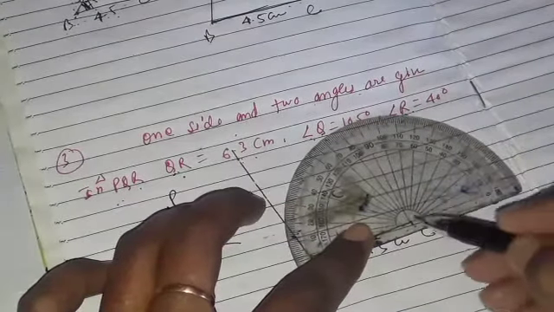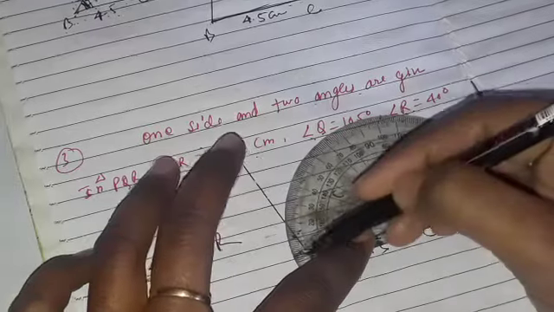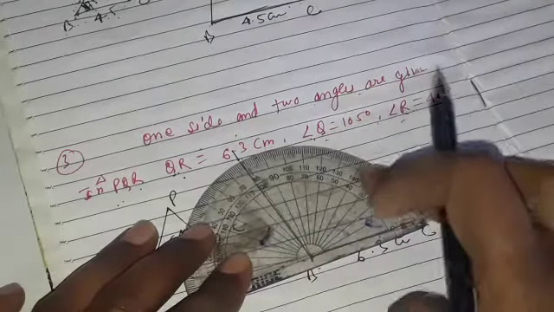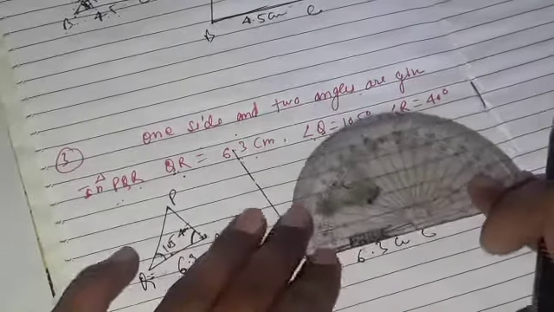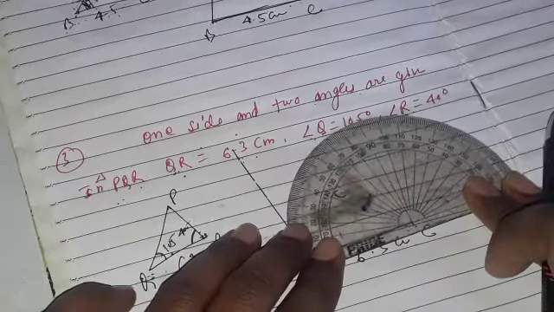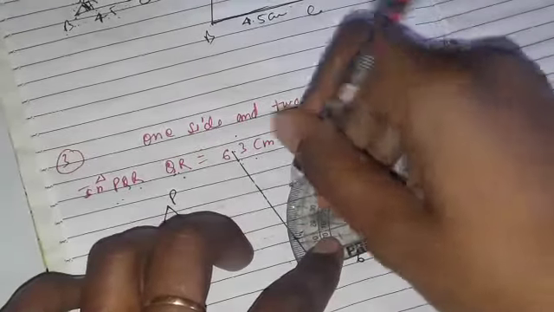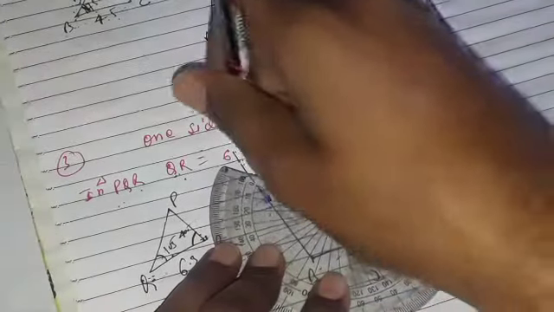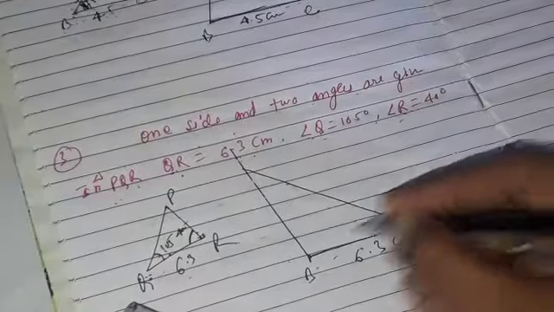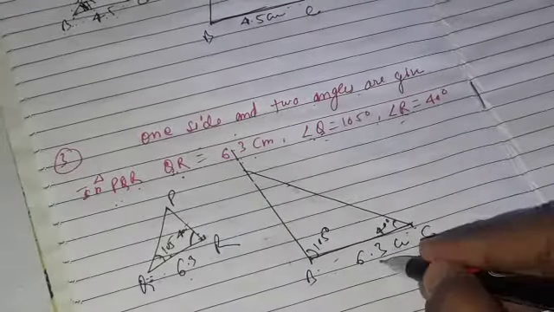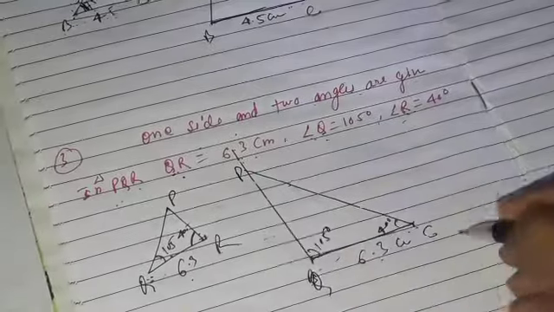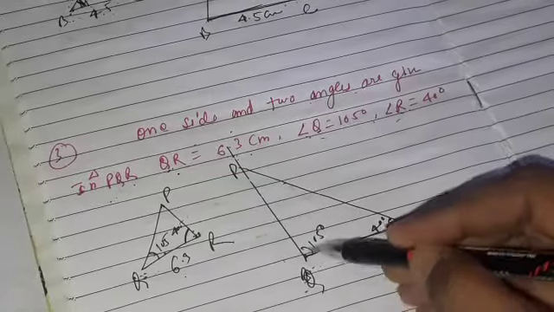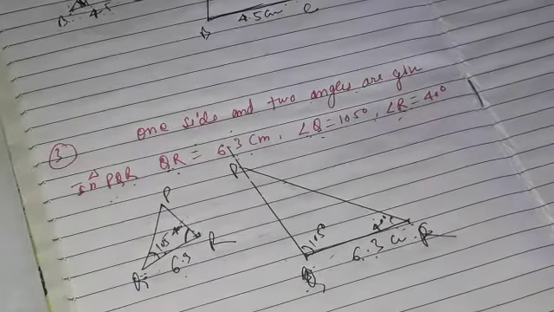When you take your angle from the right hand side, at that time your angle should start from the left hand side. Calculate your angle from the left point, at that time your angle should start from here. So from here this is your 40 degree. So match this also. So class, this is your 40 degree and this is your 105 degree. This is 6.3, this is point P, this is point Q, this is point R. So QR is 6.3, angle Q is 105 and angle R is 40 degree.